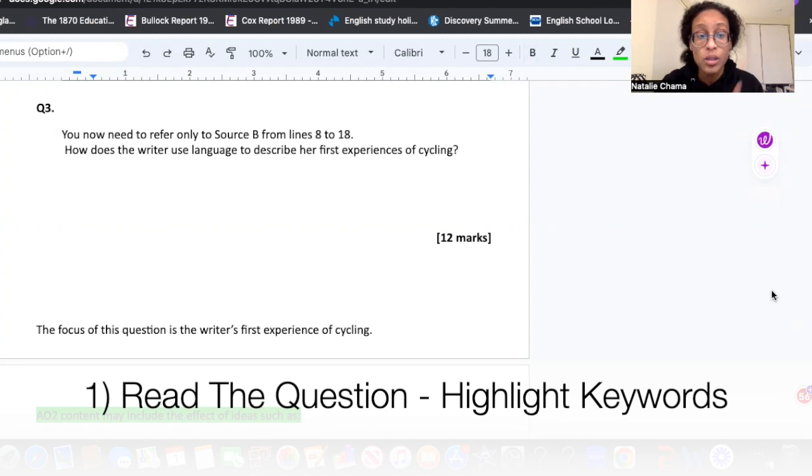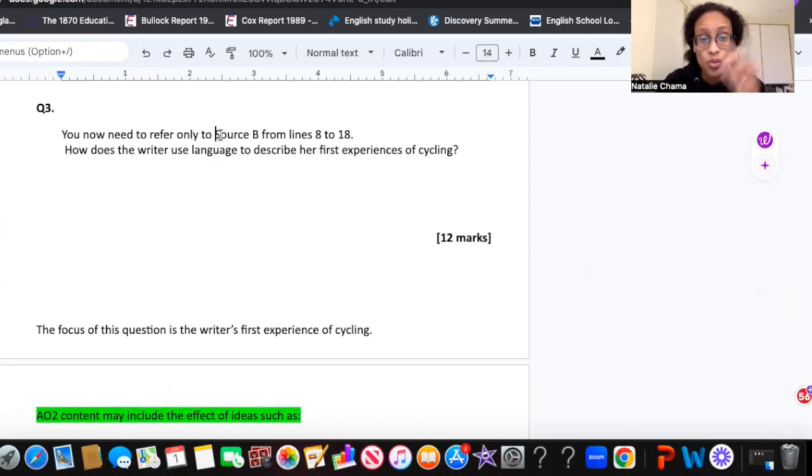Now, step 1, you have read the question and you need to highlight keywords in the question. I know this sounds really annoying, but as you can see, there's a pattern. If you've seen question 1 or question 2, step 1 is highlighting the keywords in the question and making sure you read it, because we just need your teenager, or if you're a student watching this, you, to have a clear focus on what you are focusing on in the exam, because I've seen a lot of mistakes. So we're going to highlight